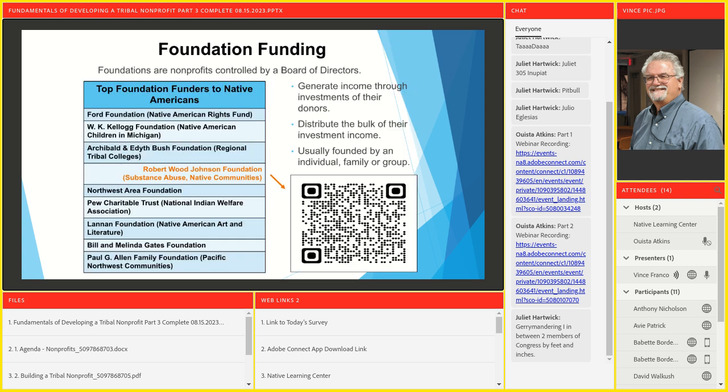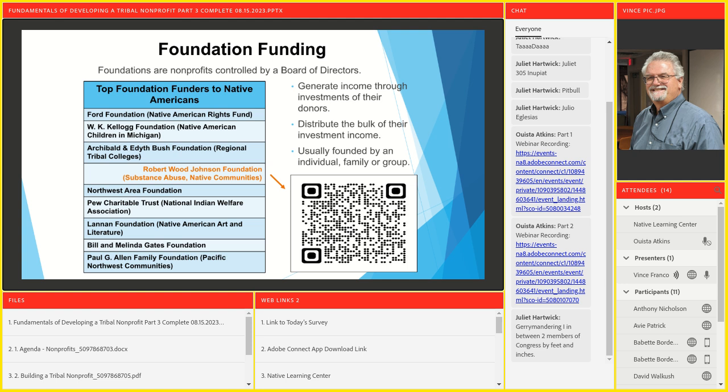Let's take a look. Foundations. I mentioned Bill and Melinda Gates like 17 times already, but there are others out there. Here are some of the top ones, and some of them have a Native-centric focus for nonprofits. Again, keep in mind, you've got to be a nonprofit. So this is what we're leading towards, creating fundraising opportunities for our nonprofits. But I want you to be able to include this type of stuff, not just the bake sale or the garage sale or something bigger than that, heavy equipment or whatever it might be,